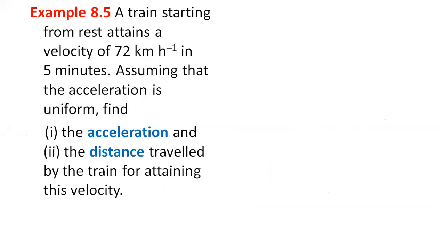Today we will just go through solved questions of the book, and then we'll go for actual blue questions. So the first example which they have given in our textbook is 8.5. In that question they are saying a train starting from rest attains a velocity of 72 kilometer per hour in 5 minutes. So what they are trying to say is that there is a train, it is at rest. Rest means what? Its initial velocity is 0 and the final velocity it attained is 72 kilometer per hour. And what is the time? 5 minutes. They are asking us to find out acceleration and distance.